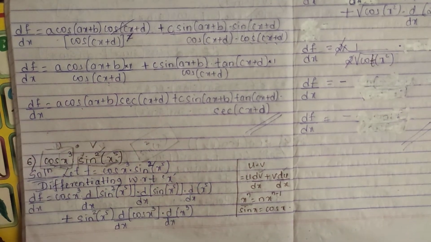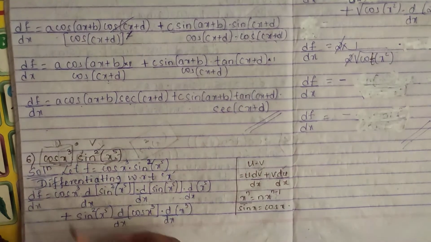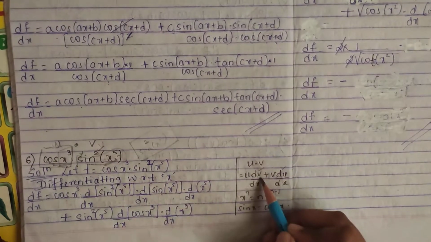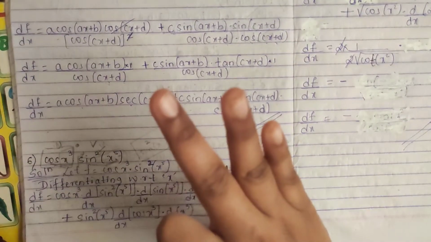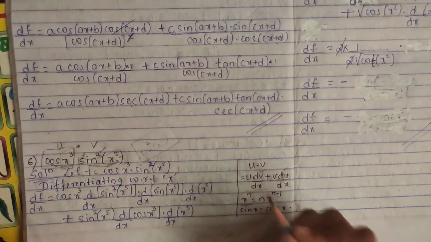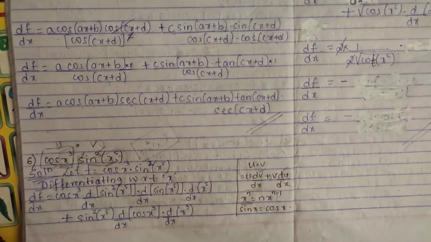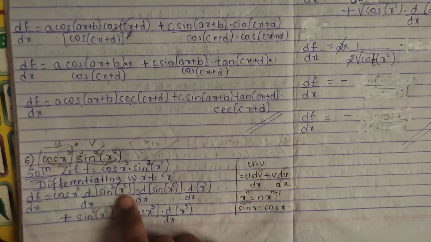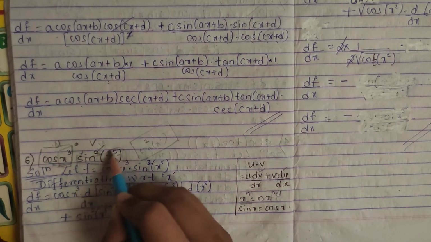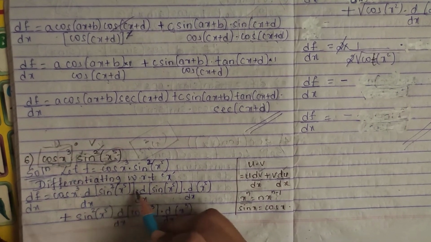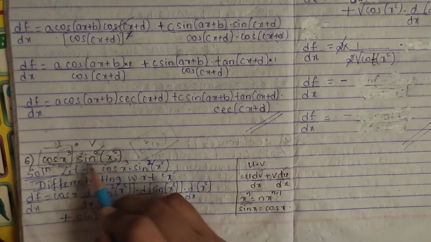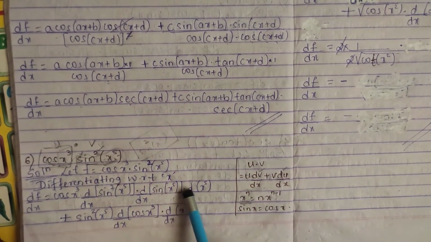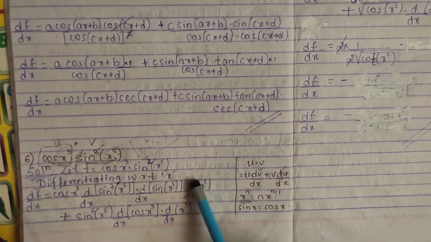Writing it as usual, let f you take and differentiating with respect to x. So as they have said, first keep u as it is. U is what mine? Cos(x cube), I have kept as it is. Differentiating v. Now v, 3 times you have to differentiate. If you have square, I have said you have to consider it as x raised to n form. It will be kind of x raised to n. So differentiating sin square x raised to 5. This square's x is what? This whole term. So sin square x raised to 5. Again differentiating now the sin part. Sin x raised to 5. Differentiating sin x raised to 5. So sin x raised to 5 again into differentiating x raised to 5.